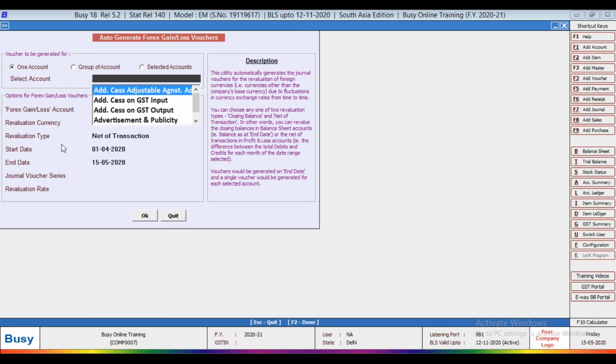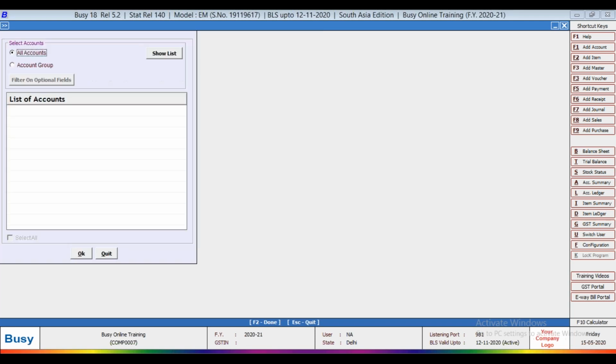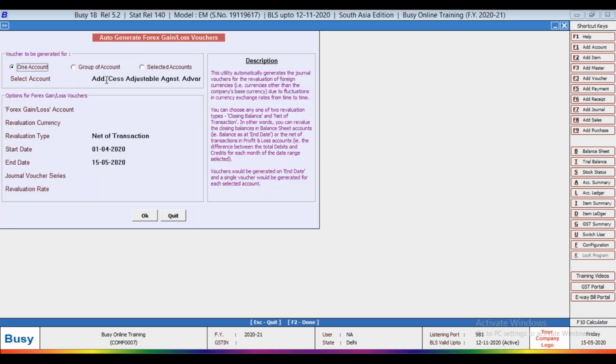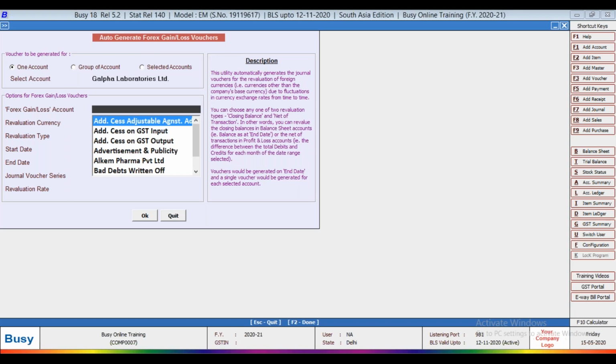The voucher can be generated account wise, group of account wise, or for selected accounts. So one account, Gulfa, forex gain loss account.